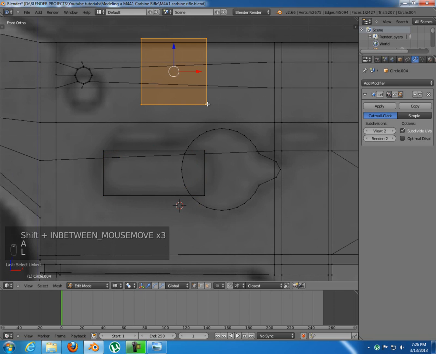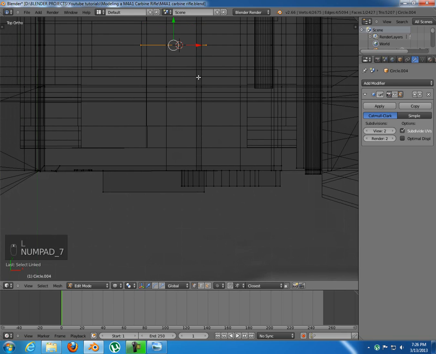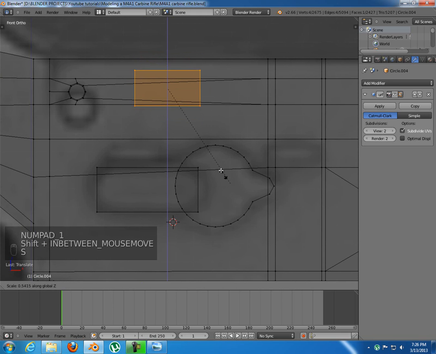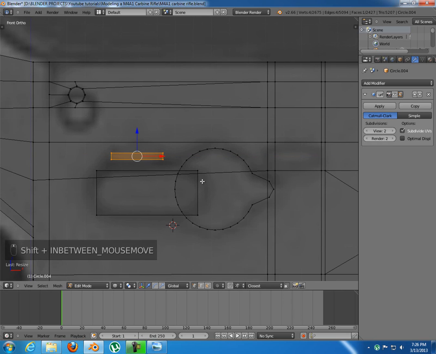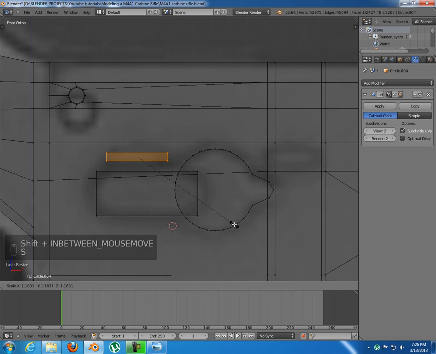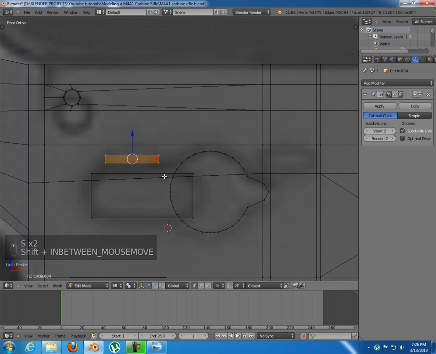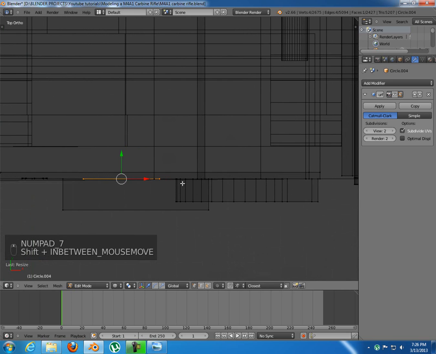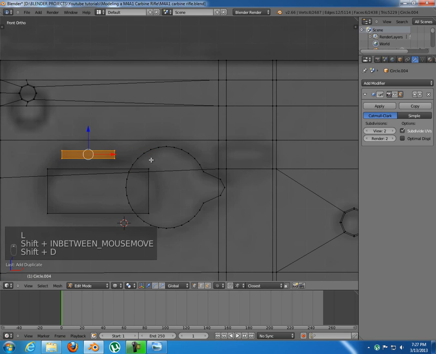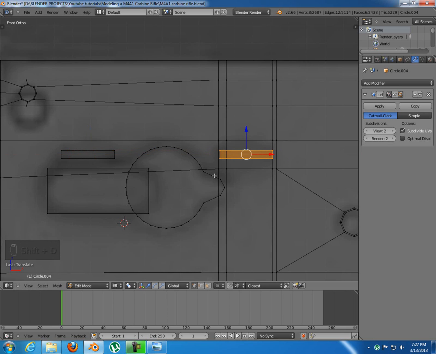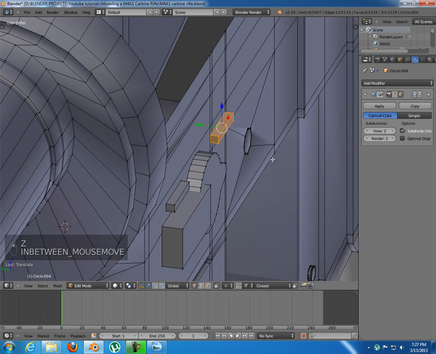Alright, now I'm gonna grab this plane that we have, snap this one to that vertex as well, scale down along Z. I'm gonna place it in here just a little bit along X. Maybe it's a little bit bigger. Okay, something like this. Now 7. Extrude this out just a little bit. And I'm gonna press L. Duplicate it and take this one to the other side. Okay, now let's just see how this looks